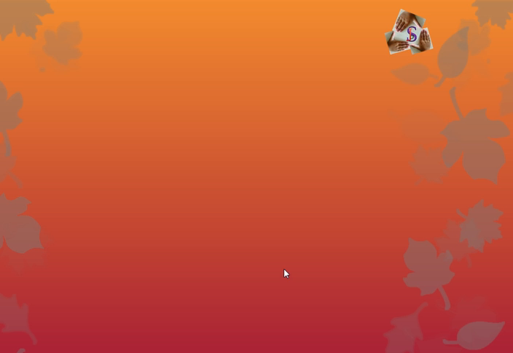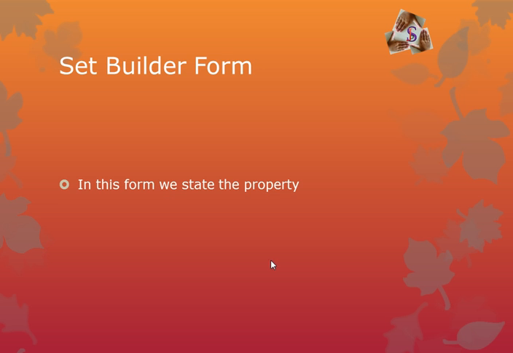Proceeding further on, let me explain to you how to represent a set in set builder form. In this, we usually write the rule. And when we write the rule, we put them within brackets. And the element is always described by using a variable x, or any variable could be used. And that variable will always be followed by a colon. Colon depicts such that. So how do we read it? Set A has elements